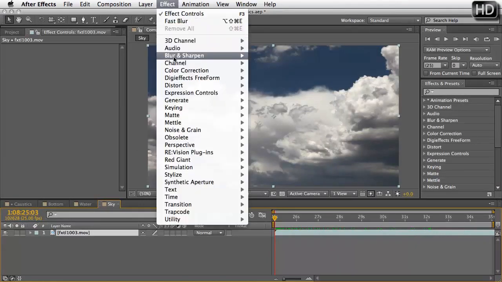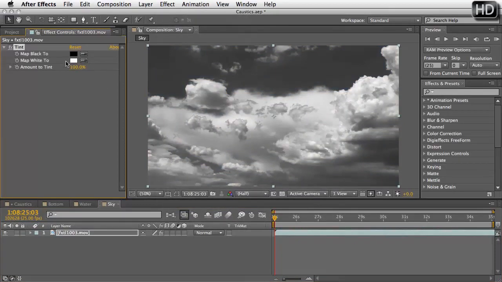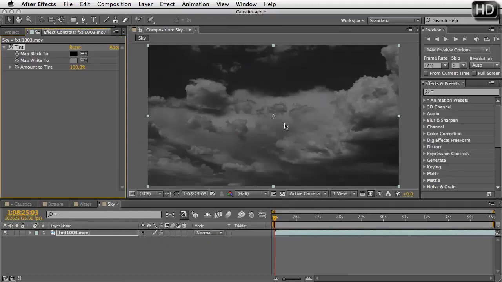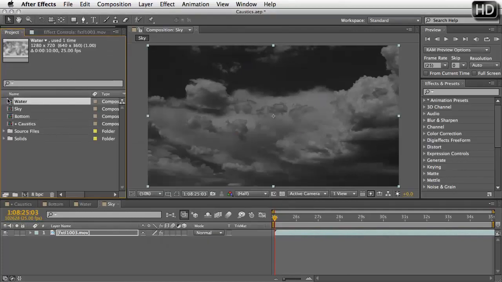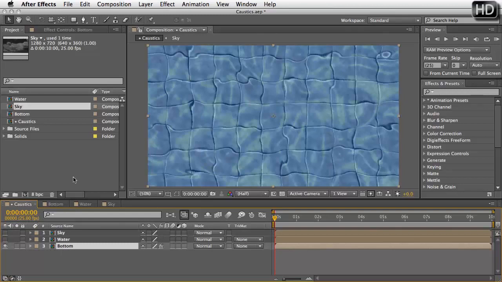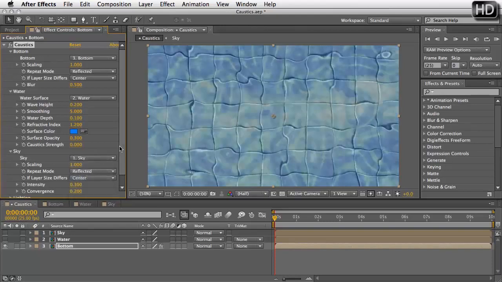So I'm going to effect color correction and let's apply the tint effect. And I'm also going to map the white here to a mid-gray just in order to, once again, not exaggerate with the design. Now I'm going to drag the sky composition to the caustics one, turn off the eye for it, and once again I'm going to reselect the bottom and then define that the sky is now part of